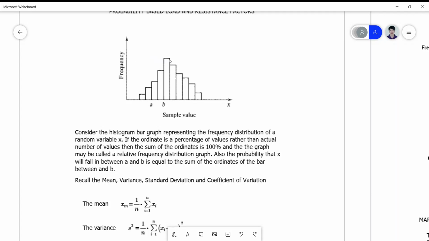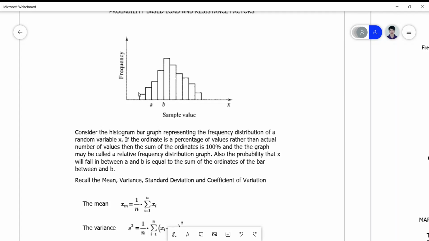So how many times such variable, as far as this value is concerned, was actually observed. So a histogram bar graph or simply a frequency graph can be plotted in this manner. If the ordinate is a percentage of the values rather than the actual number of values,